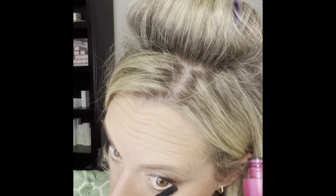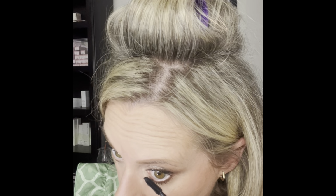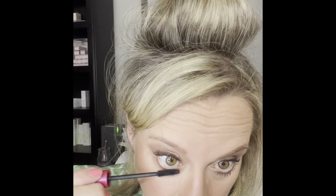Then I'm going to use Lash Love Fanorama to do these little baby bottom ones because the other one is just too thick and too fat. I've never had any luck with doing bottom lashes with it. It just makes a mess. So this wand has the little tiny teeth, and it gets in there and allows you to get every single lash. And I just find that this is perfect